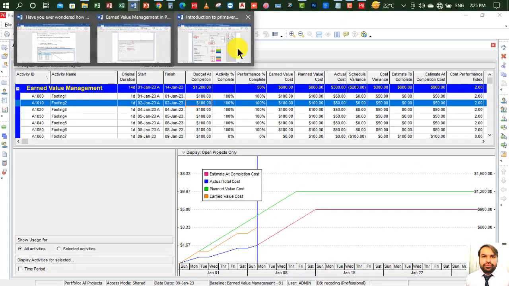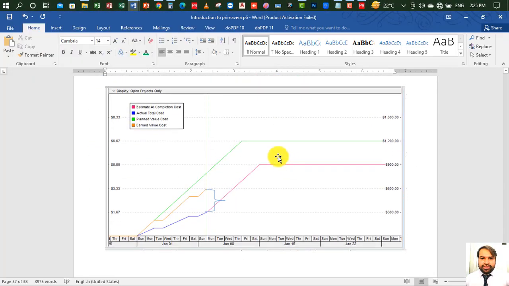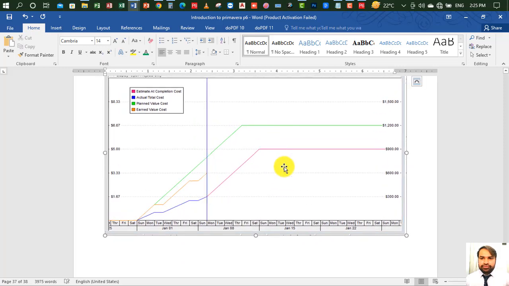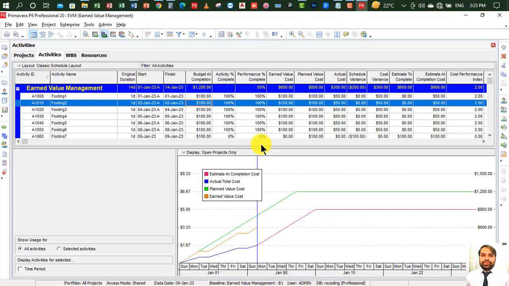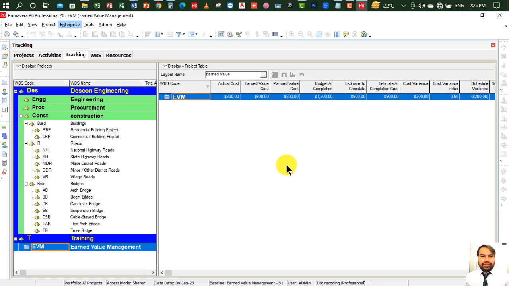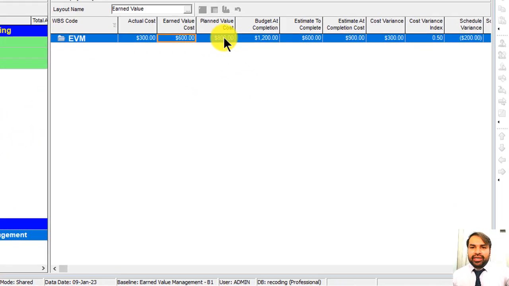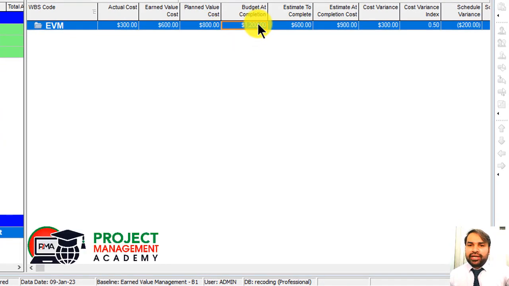Okay, so let me go to the Word file. So this is the picture which we have discussed a bit before in P6. So this is the way you can calculate earned value management. Let me show you another option. Go to Enterprise and Tracking. In this report you can see actual cost is 300, earned value is 600, and planned value is 800. Okay, and budget at completion is 1200, estimate to complete is 600, and estimate at completion is 900,